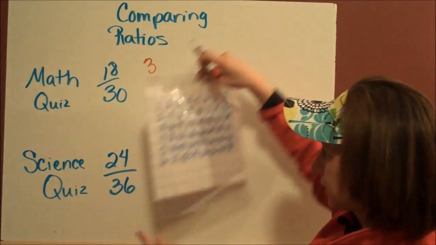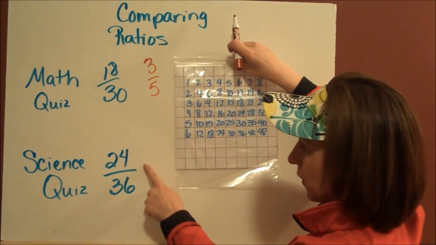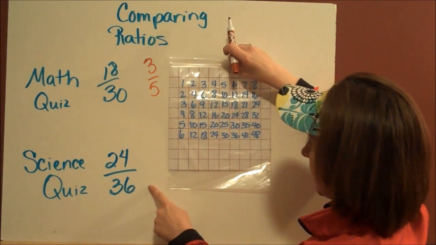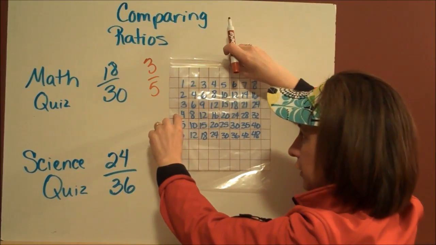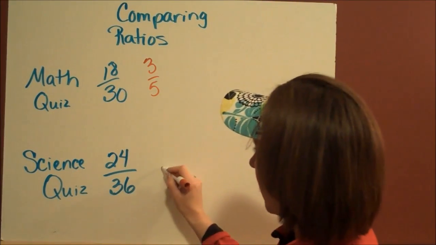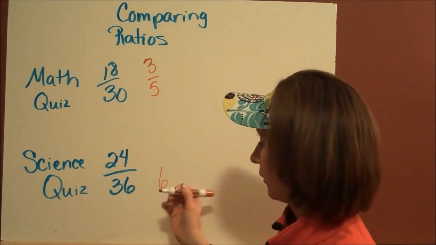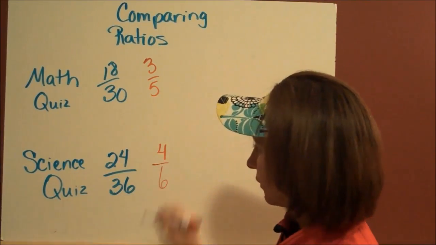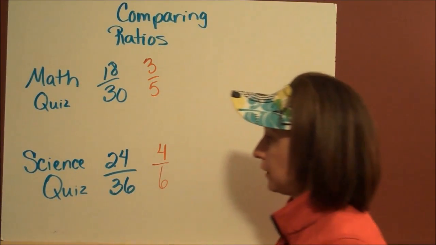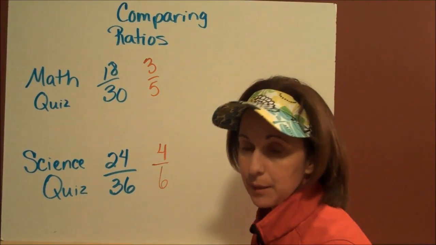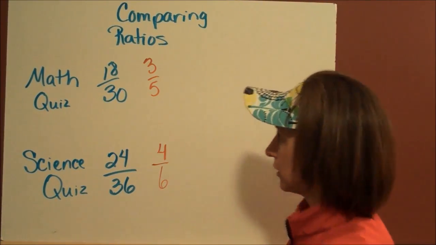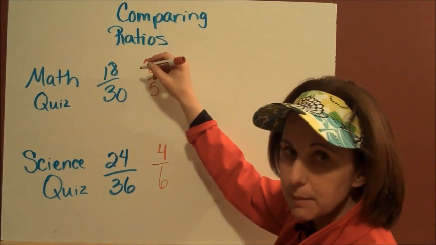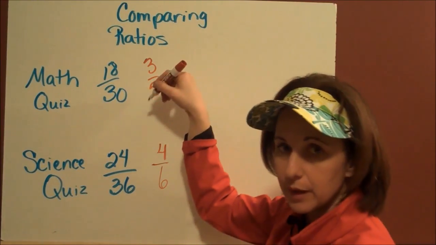On their science quiz, let's find 24 and 36 in the same row, which is here. Here's your 24, here's your 36. So on this test, every 6 questions that there were, they got 4 correct. And in order to figure out which test they did better on, we're going to turn both of these into percentages,